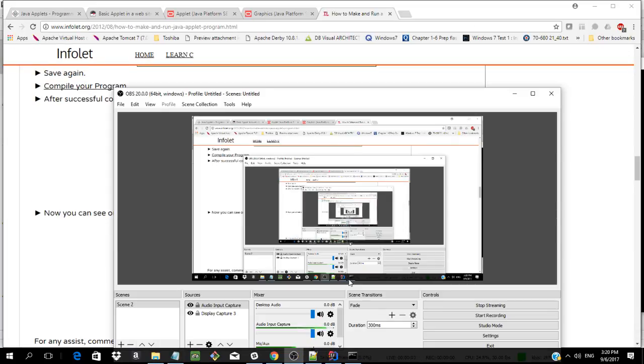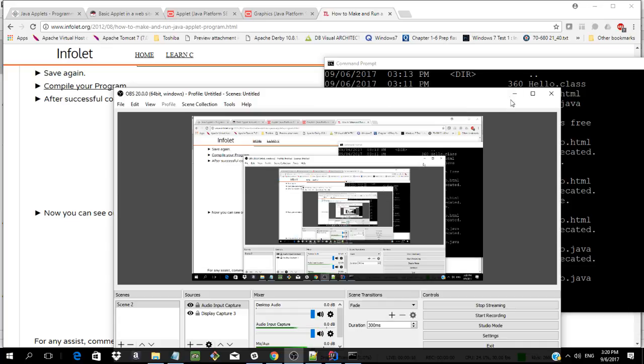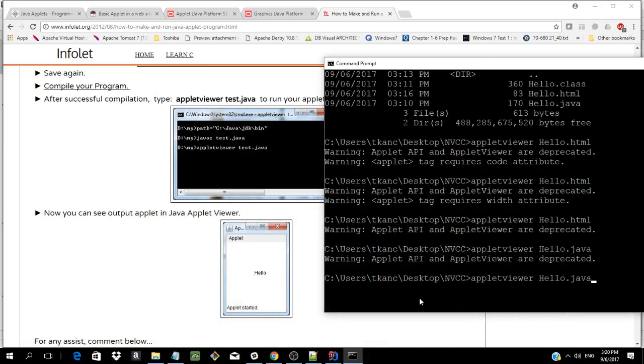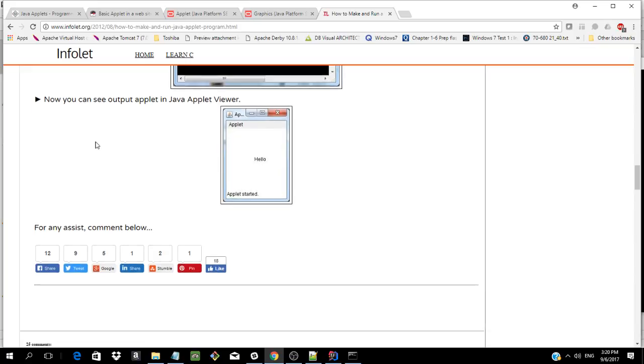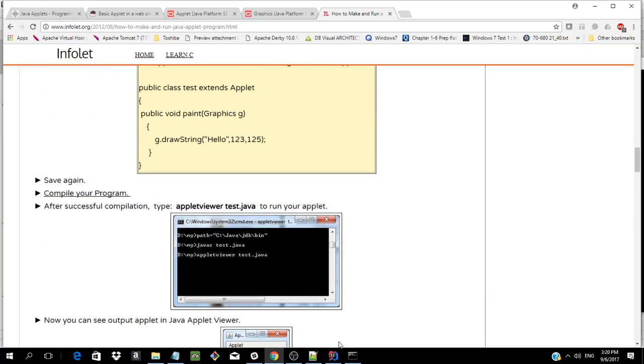Right, so I'm just checking the syntax to run Applet Viewer, because when I type it, it keeps saying deprecated. Maybe deprecated. Not sure, because we use 1.9, right? So I'm not sure if 1.9 is still supporting it. So let me try with